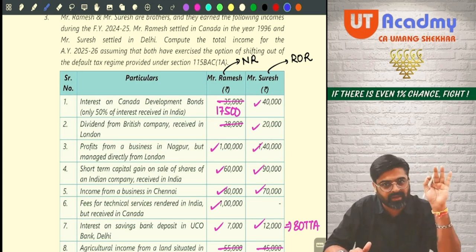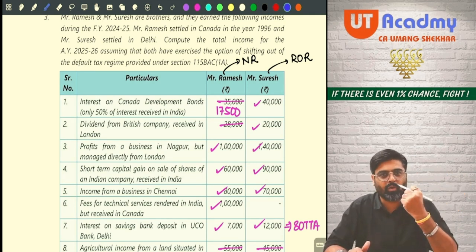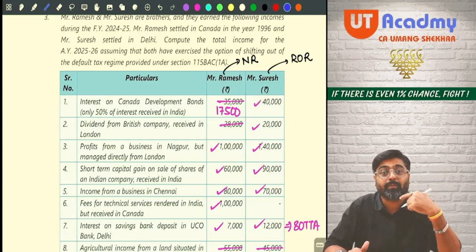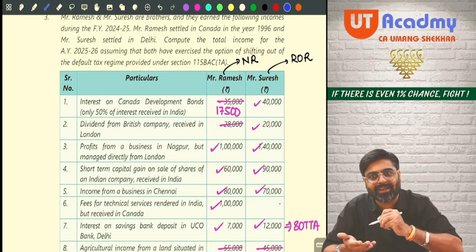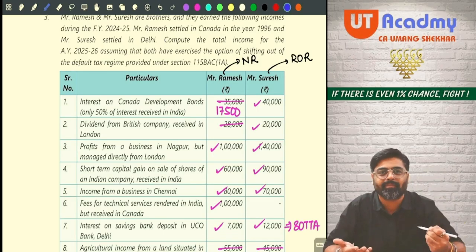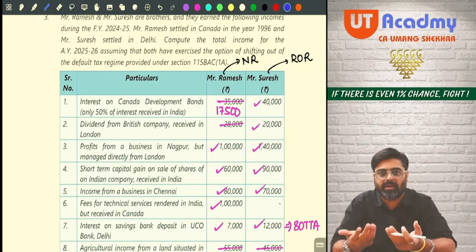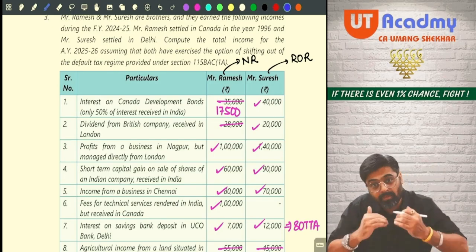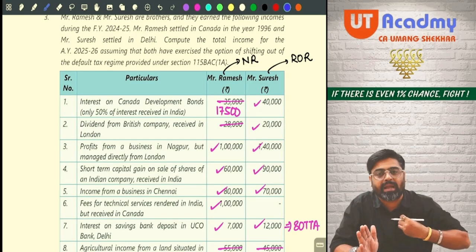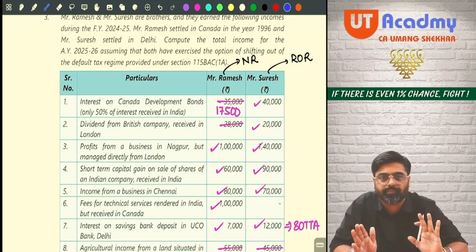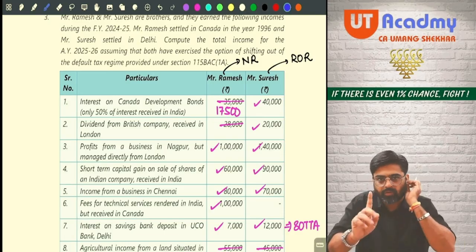The moment you are sitting in the exam, confidently, and my voice is echoing in your ears, that okay, sir is telling all these things, sir is dictating the answers and we are writing. That should be the level of confidence. And that will be built only if you are attentive and do the things which I am telling you to do religiously. Okay. So this was your question number 3.